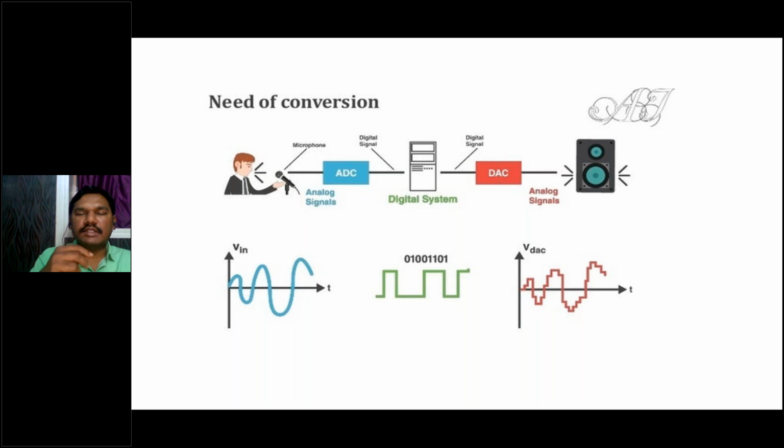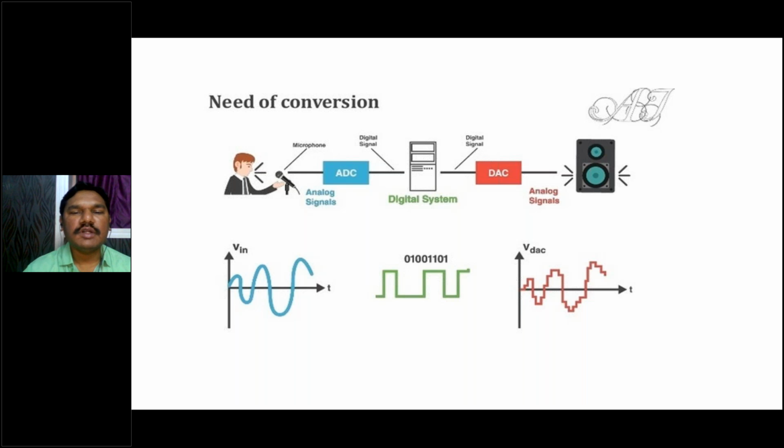Now also, I am speaking something. Suppose my voice is an analog signal, and this is received by these headphones. These are called analog signal receivers, and they are connected to the laptop. This is called a digital system, and where it is connected, it is connected to an ADC, an analog to digital converter. Why? Because whatever I am speaking now is stored inside the laptop. This laptop is also a computer system or digital system, and this data is stored inside the computer after processing, in terms of MB, KB or GB of data.